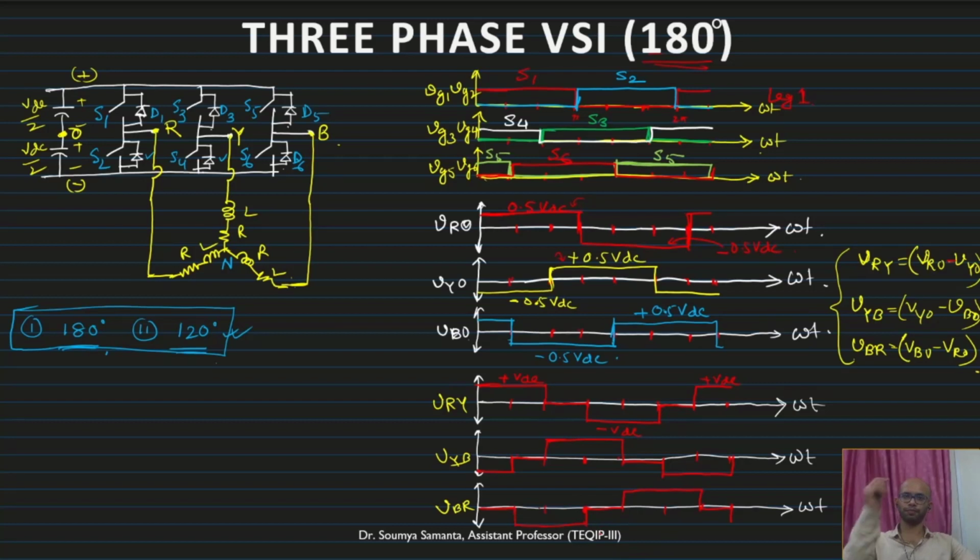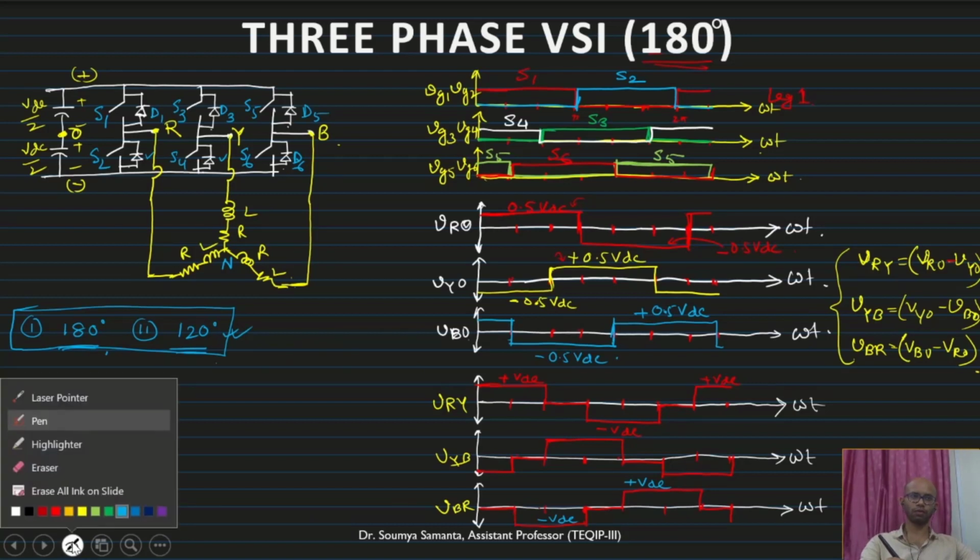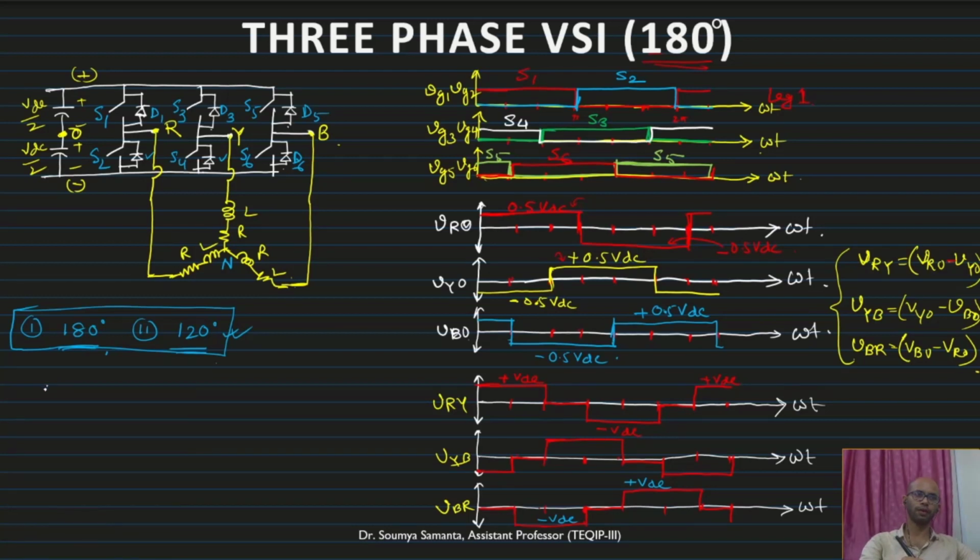That is how it will happen. Fine. So this is also, oh, I forgot to change color. Anyway, so this is plus VDC. This is minus VDC. So that is what phase voltage we have got. Now the line voltages, I have already mentioned that it is 1/3 of VRY minus BR. One phase I am showing due to shortage of time. One phase I am drawing. Next, the remaining part you please draw by yourself.